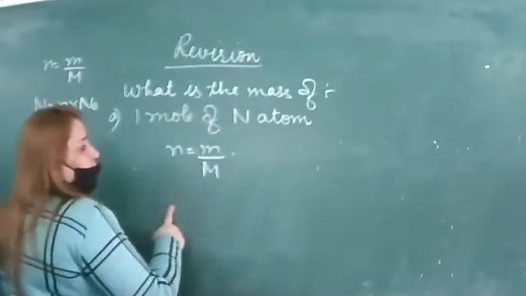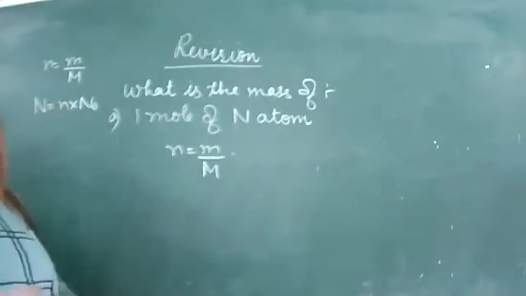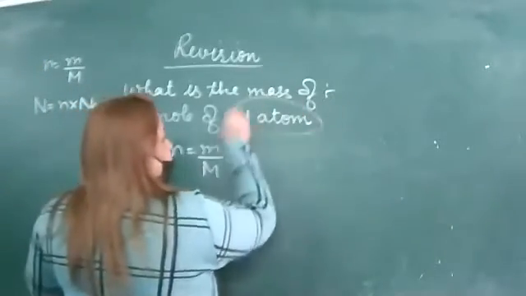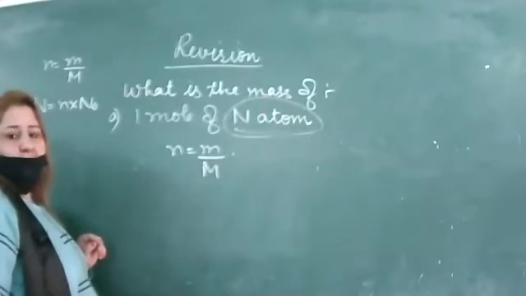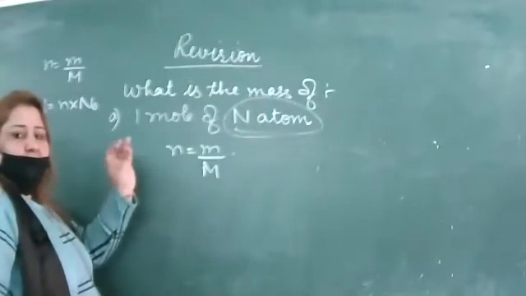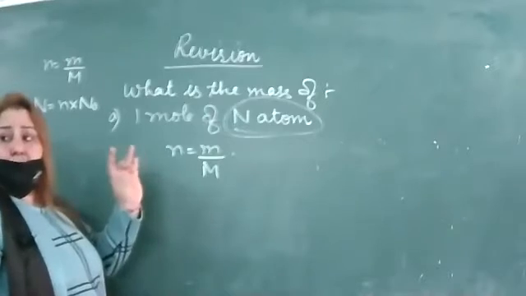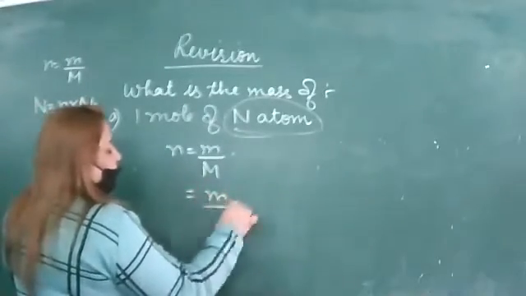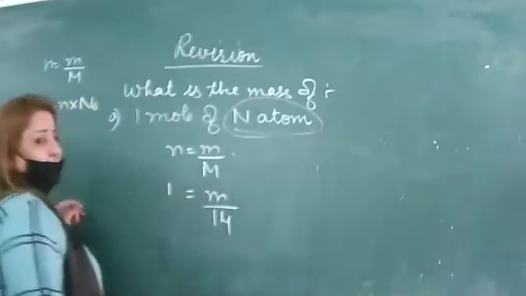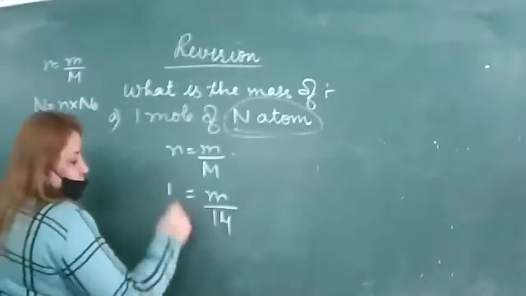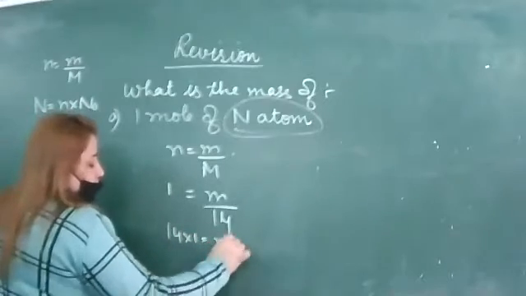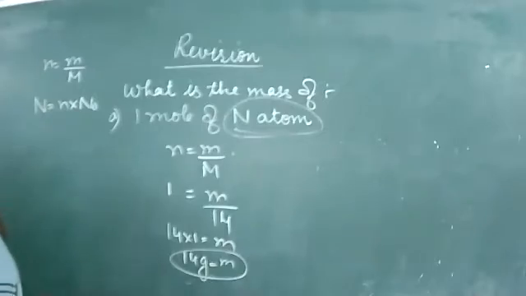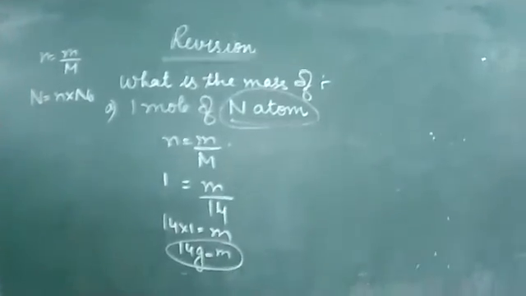One mole of nitrogen atom. What we have to calculate is mass. So what is the mass number of nitrogen atom? Nitrogen is atomic number 7. Mass number is 14, an exception, right? M we have to calculate, 14 is there and it is 1 mole. They had given 1 mole. Now 14 into 1, 14 gram is the mass. Is it clear? Is it clear how we will calculate this one?